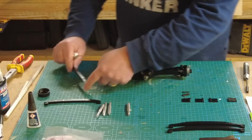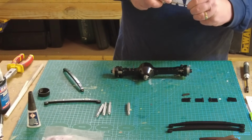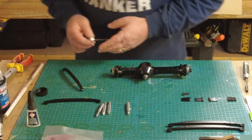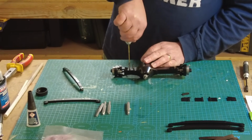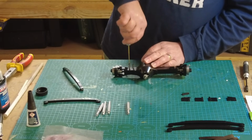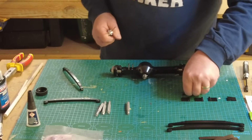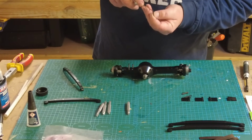So I think that'll be all right for now. I'm going to use that as a bit of a guide, and we'll get this. I'm not going to film every part of this. I thought I'd do this step, and then I'll go on and do the other side off camera, and then I'll probably come back and do a bit of filming on the rear axle because of the longer springs, and then hopefully when we've got this stage done, I'm in the process of painting the chassis the colour I want it to be,